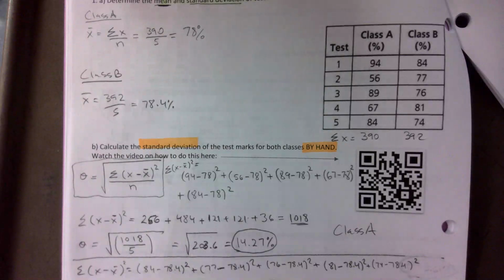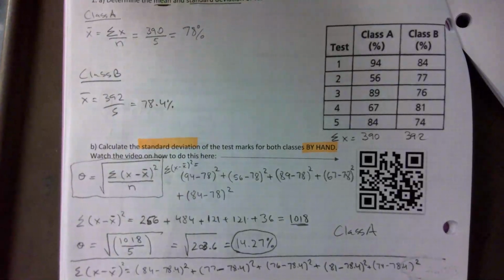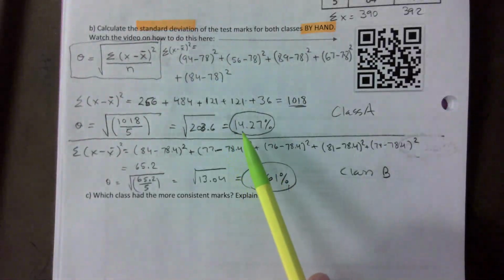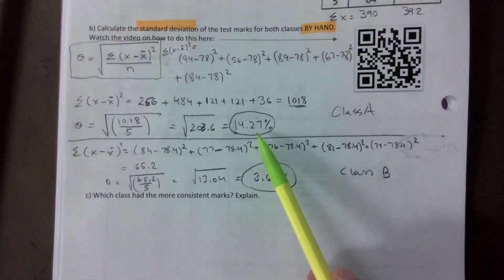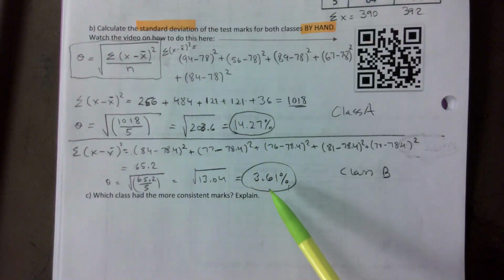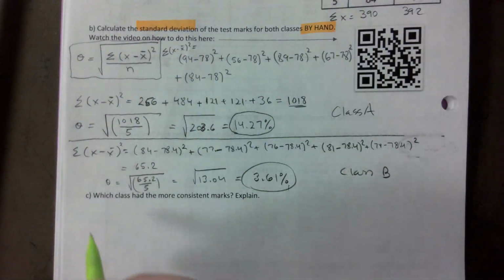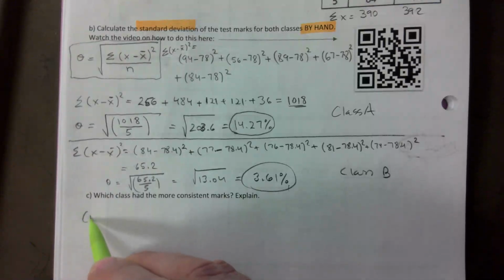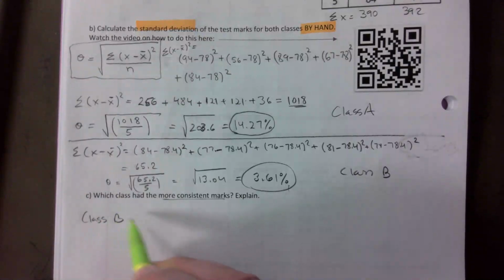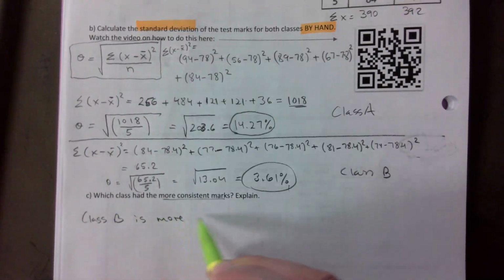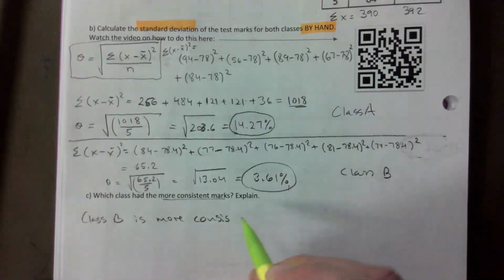You would have seen it there, right? Any graph, you would have seen a discrepancy in terms of the consistency. But that is very time consuming, right? So we just tend to go to standard deviation. So class A is less consistent, class B is more consistent. So it doesn't matter which approach you want to take. You can say, because it says which one is more consistent, you would say class B is more consistent. That's all you need to verify,